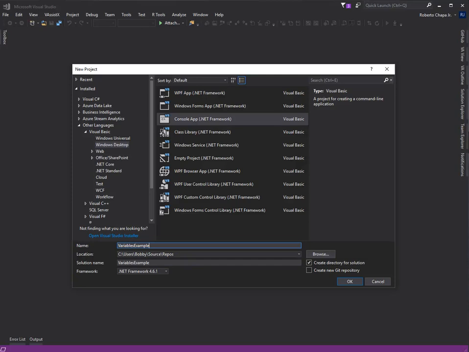Hello class. So today I want to talk about variables in Visual Basic. We need to understand the different variables that are accessible to us so that we can move forward with our programming. So right now I'm in Microsoft Visual Studio and you can see that I'm in the Visual